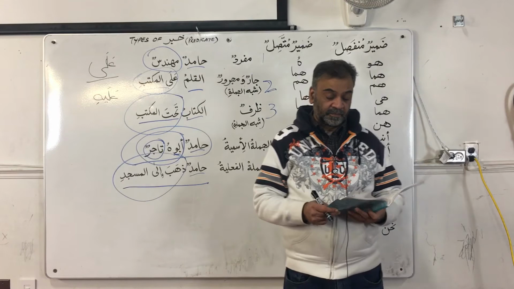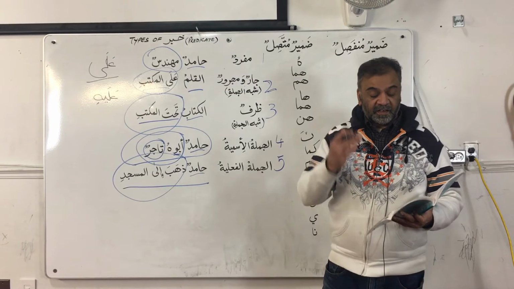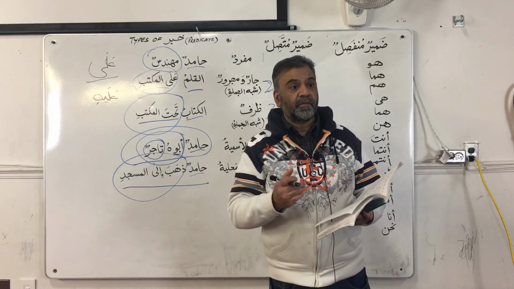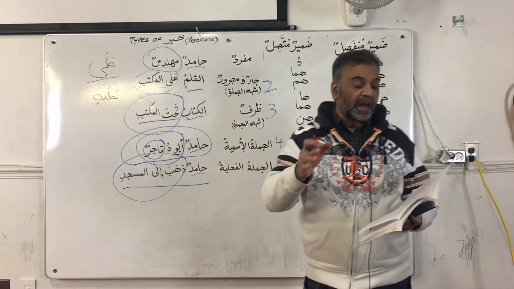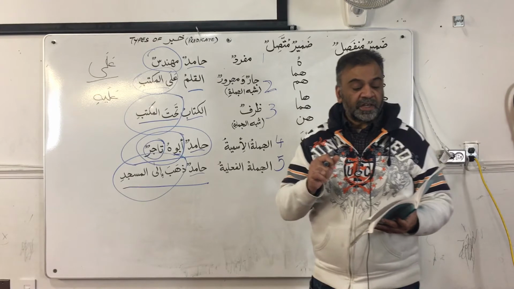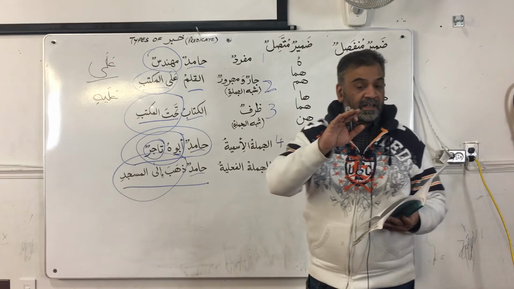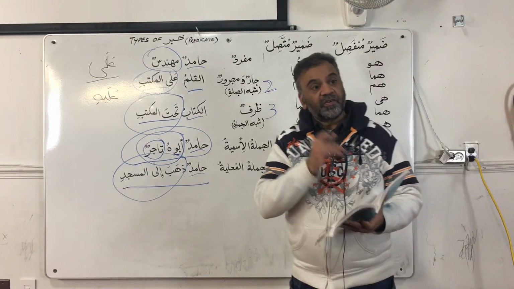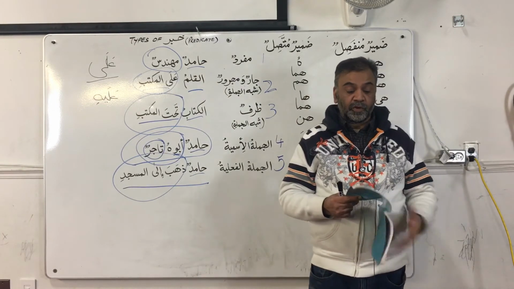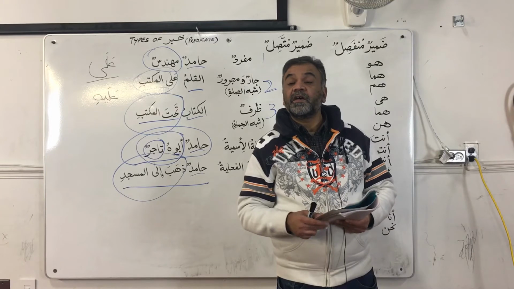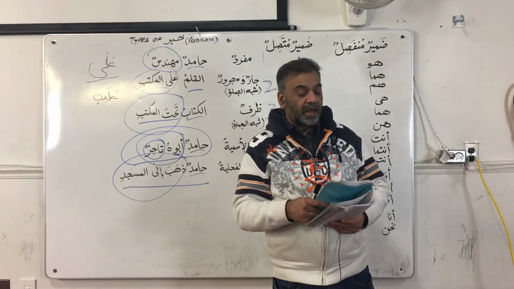Next exercise. Okay, here Dr. Saab is giving us more practice about al-mutakallim, which is first person, al-mukhatib, which is second person, and al-ghaib, third person, al-ghaibatu, third person in masculine and in feminine gender. Let's look at the example. Qalamun, haza qalami. What is the meaning of haza qalami? This is my pen. Haza qalamuka.